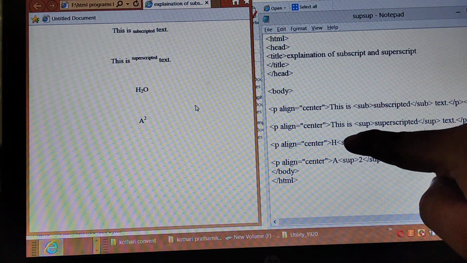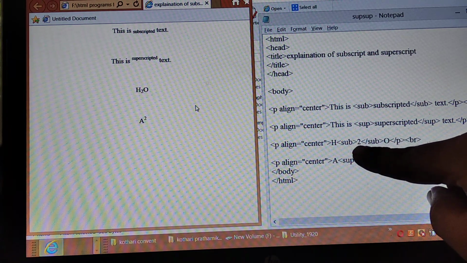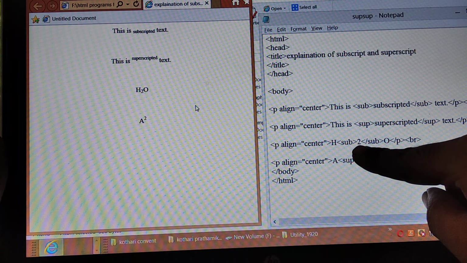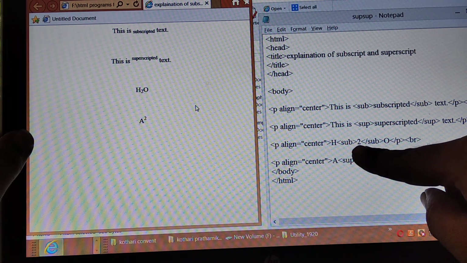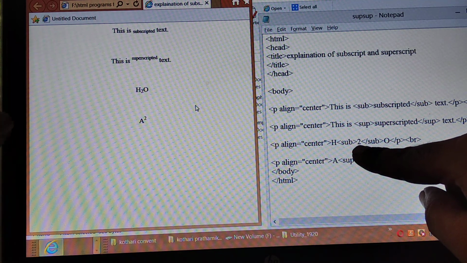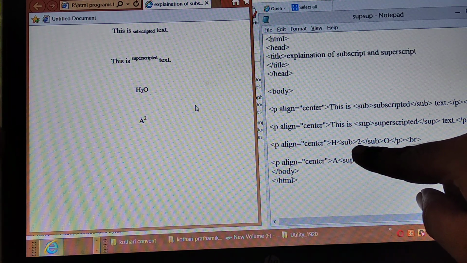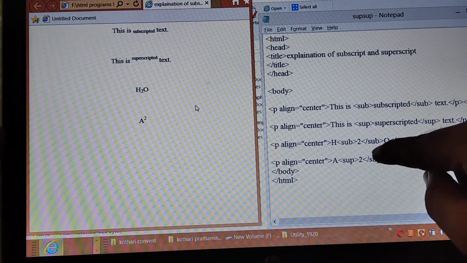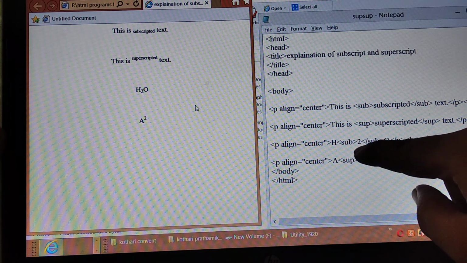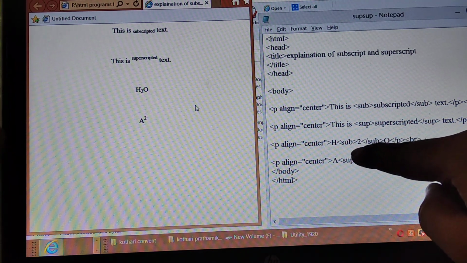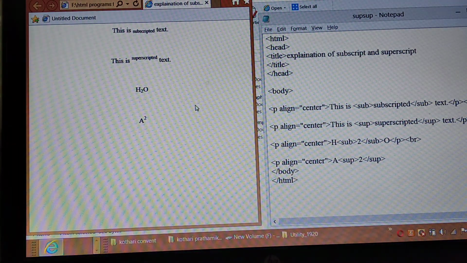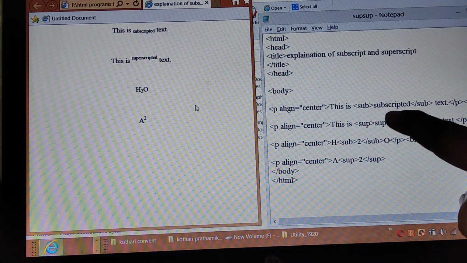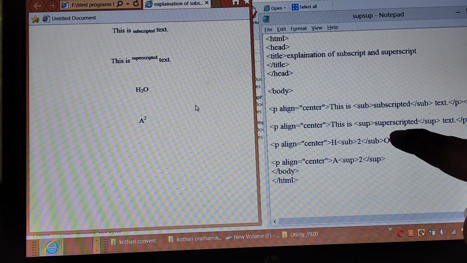Means if I want to display 2 at the subscript type at the suffix place of the text of the sentences, then that time I will use the sub tag before and after the character or the word or the sentences or the number. Here 2 is the number and subscript or superscript are the words.